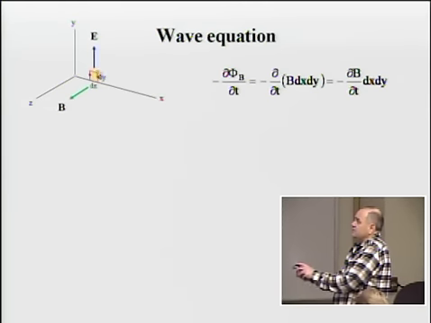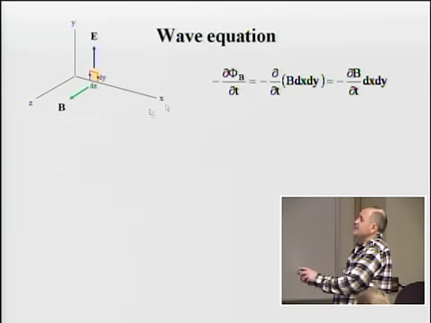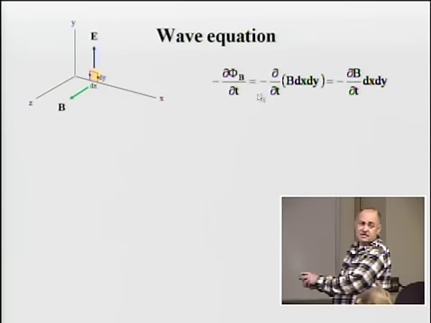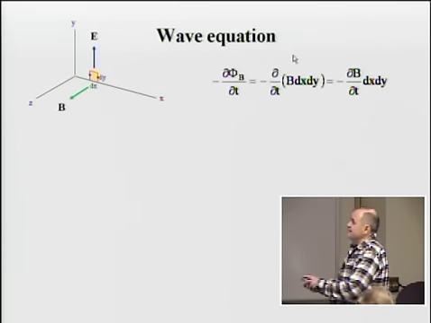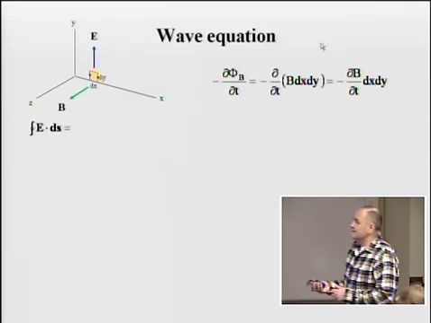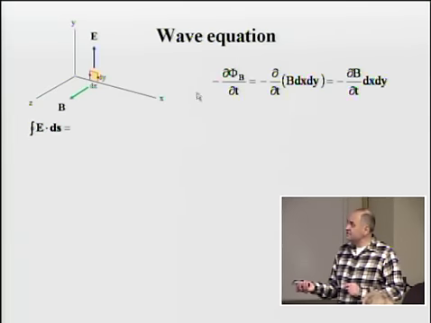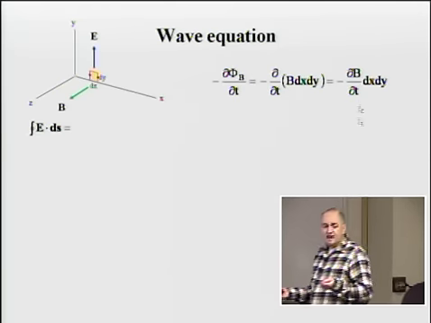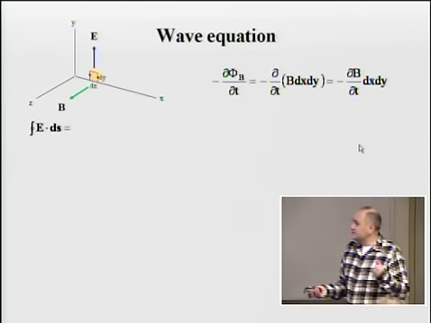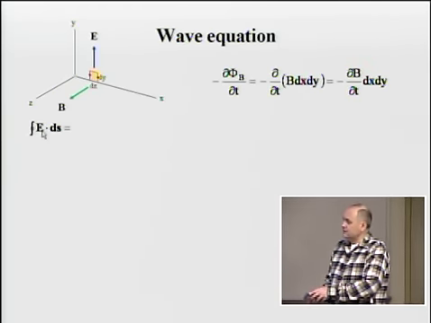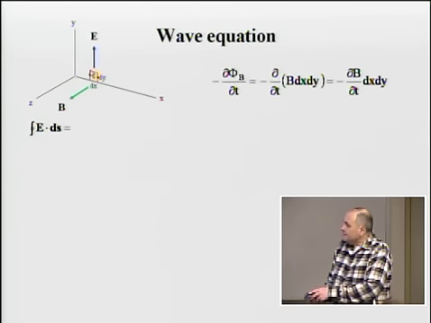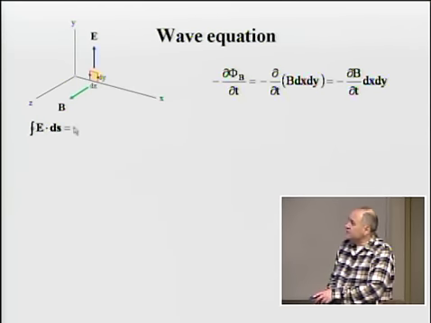Now, if I consider this loop, dx and dy are time independent, which means that the rate of change of magnetic flux through this loop is proportional to the rate of change in the magnetic field multiplied by the area of this flux. All right. Now, this rate of change of magnetic flux, according to Faraday's law of induction, which is the third Maxwell's equation, is proportional to the line integral of electric field vector. So now I will evaluate electric field and relate it to the dimensions of that